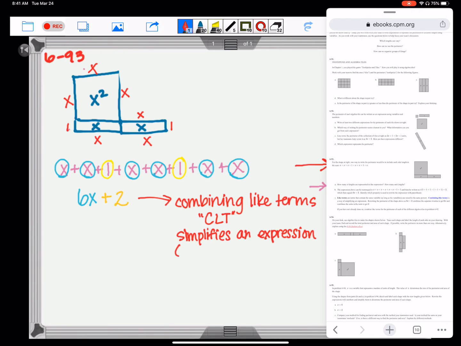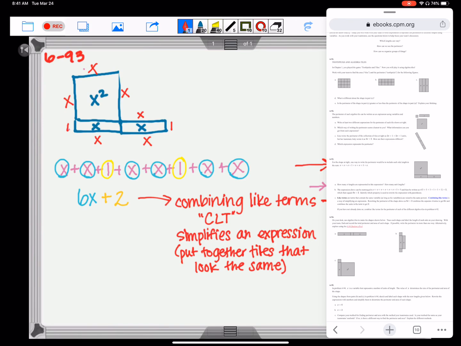And what you do is you put together tiles that look the same. So when we have X tiles, we put the X tiles together. When we have unit tiles, we put the unit tiles together. And that means that we are combining the like terms. So we also did question C for CPM right here. So we're going to move ahead to